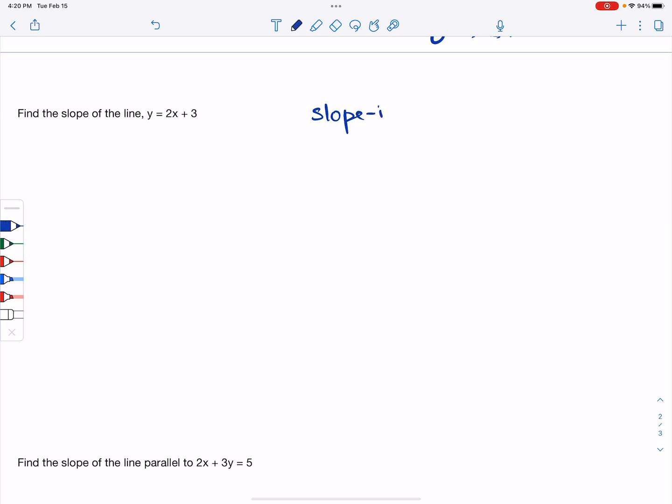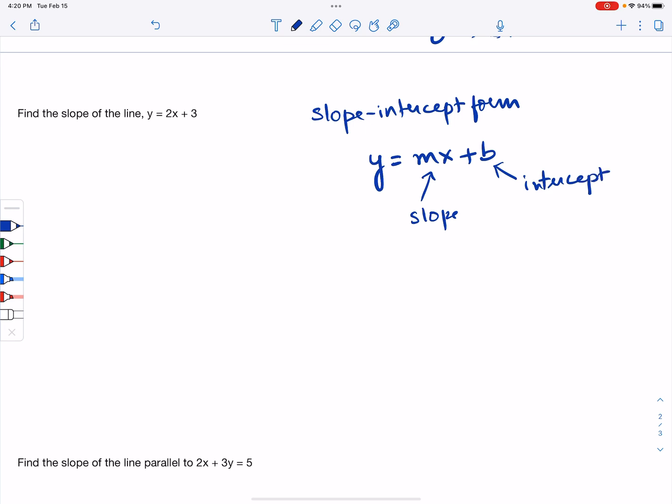Slope-intercept form is written this way: y is equal to mx plus b, where the m is the slope and the b is the intercept. And the intercept, to be specific, is the y-intercept. That simply means where the line intersects or cuts the